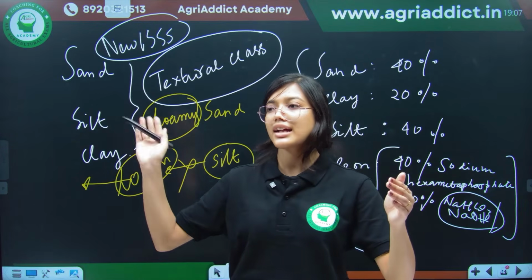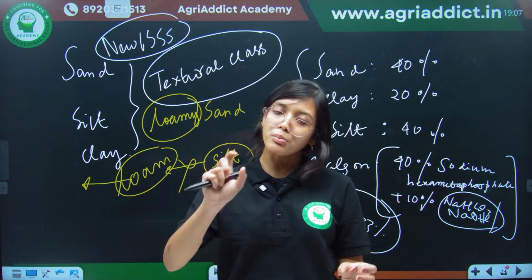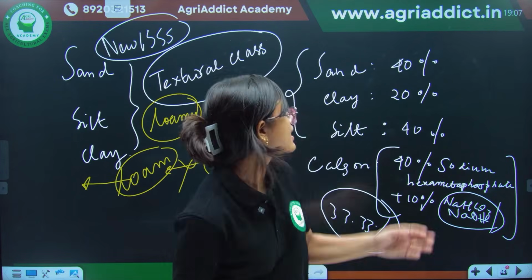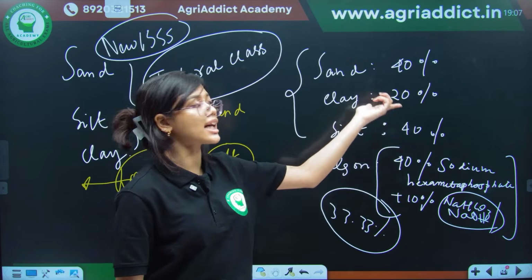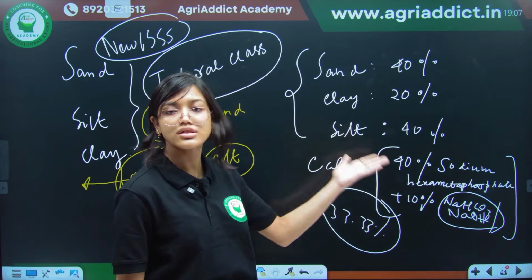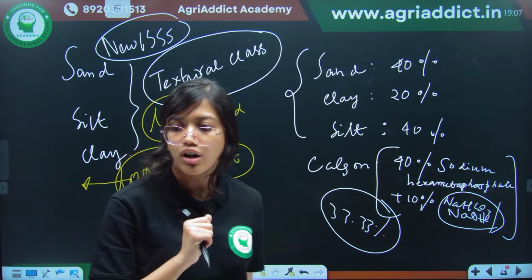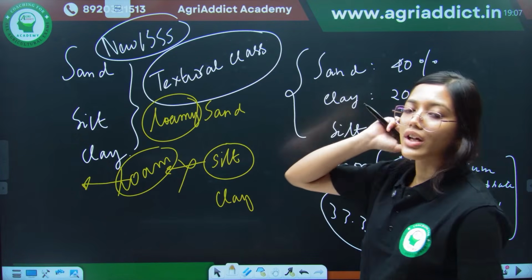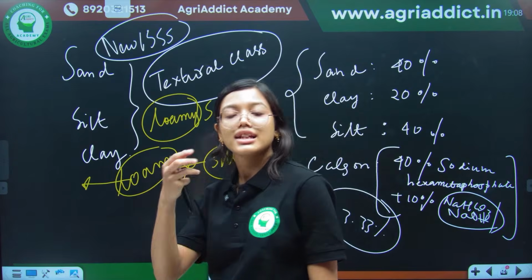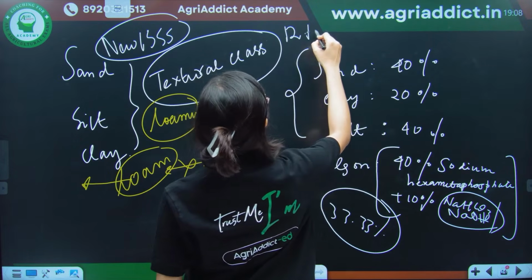So, that is why they classified that in the case of loam, the properties will be similar, but the proportions of sand, silt and clay may vary. Like the example I wrote, you see here it is not 33.33%, but this will fall under loam as the textural class. Now, got it? Okay. So, in this way, we will have several textural classes, and we have 12 textural classes in total.